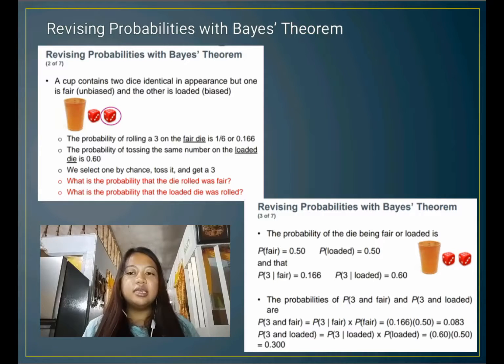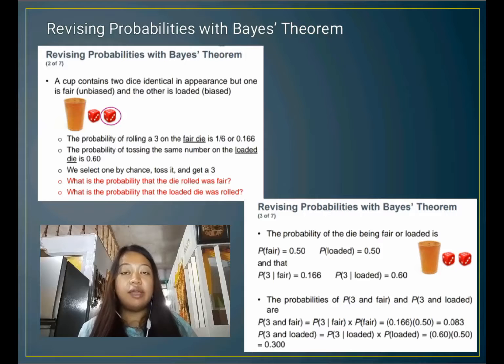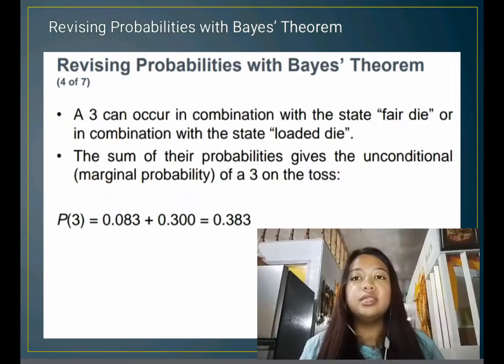And same as what I said on the fair side, in the first one that we solved, the fair die is 1/6, and the probability of the loaded die is 0.60. So, 0.60 multiplied by the probability of being loaded, 0.50, results in 0.300 or 0.30 or 30%. So, in the situation that we select one by chance, toss it and get a 3,